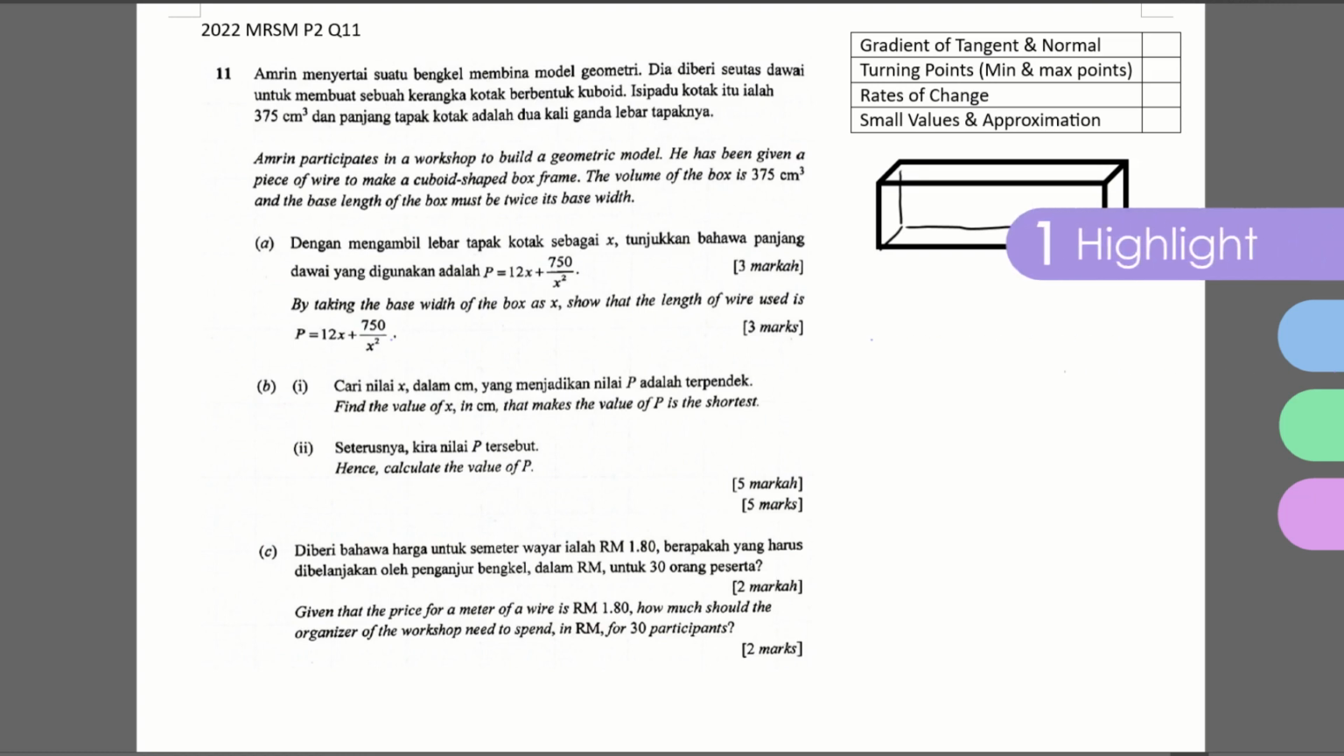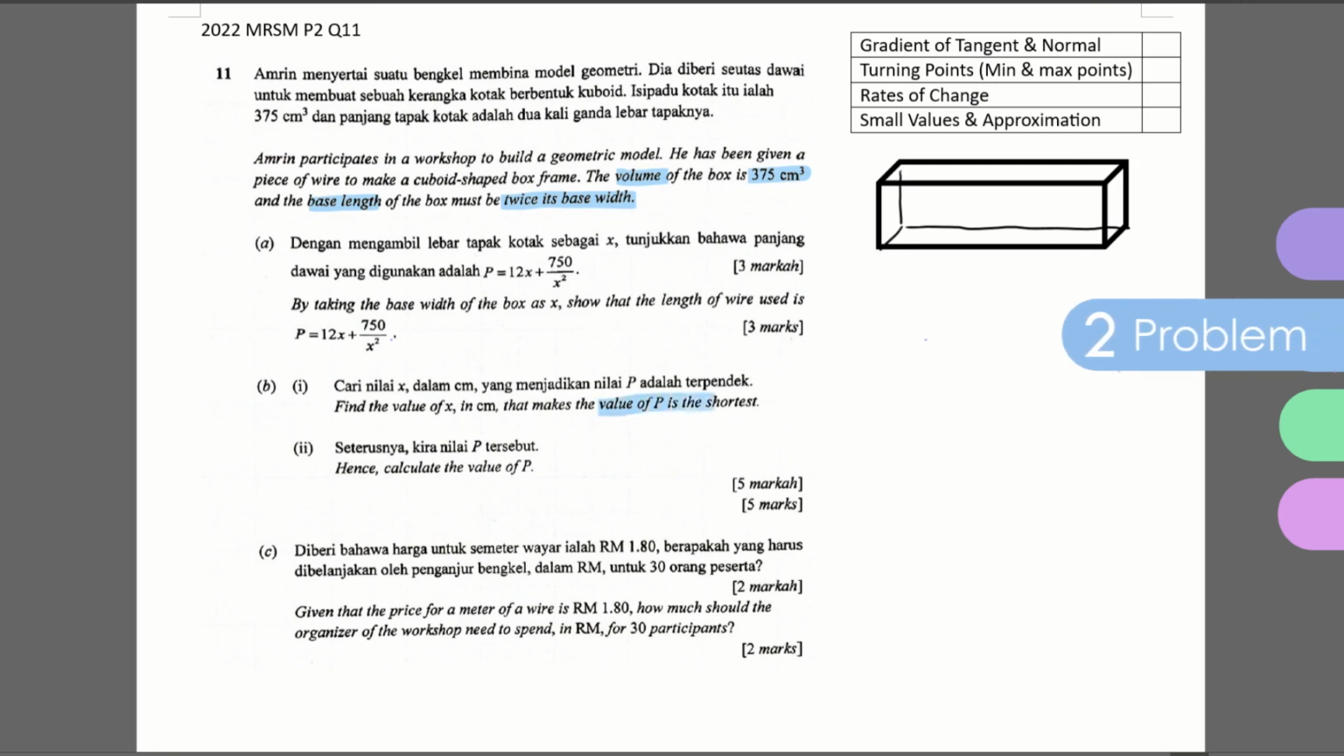Here, Amrin has a piece of wire and wants to make a cuboid shaped box frame, which is displayed on the right side. They've given us two important pieces of information: the volume of the box is 375 cm cubed and the base length is twice the base width. And by looking at part B1, you can see that it tells us to find the value of P, which is the shortest. So here it is actually an optimization problem, whereby given a problem, we find the minimum value or